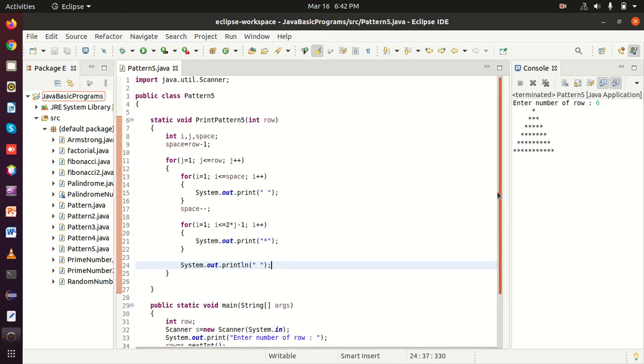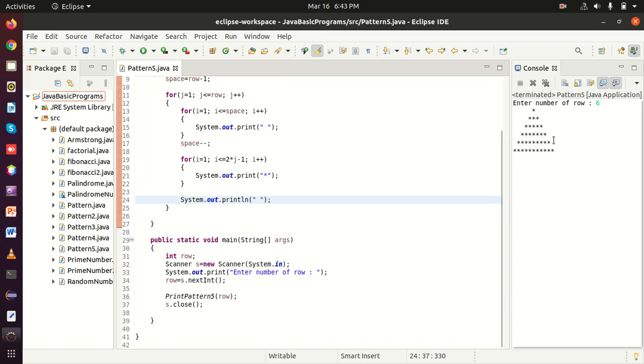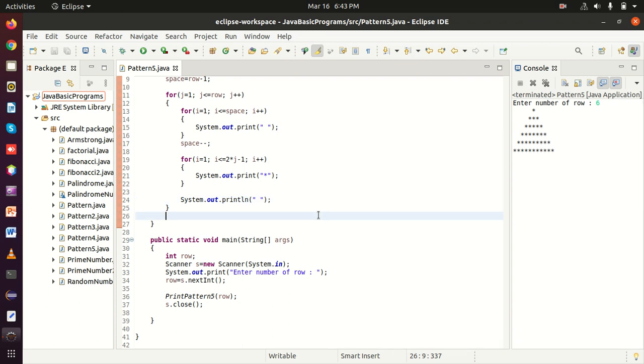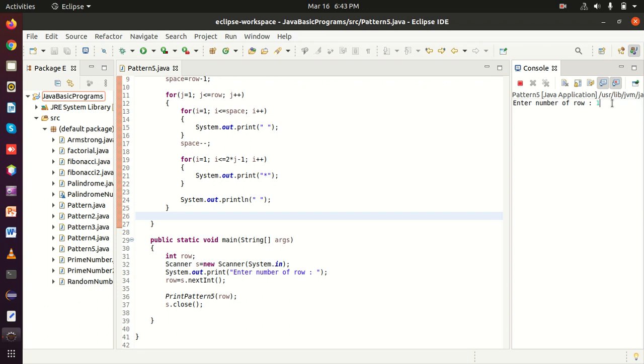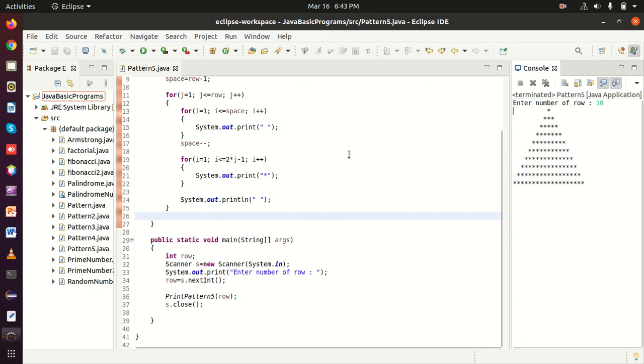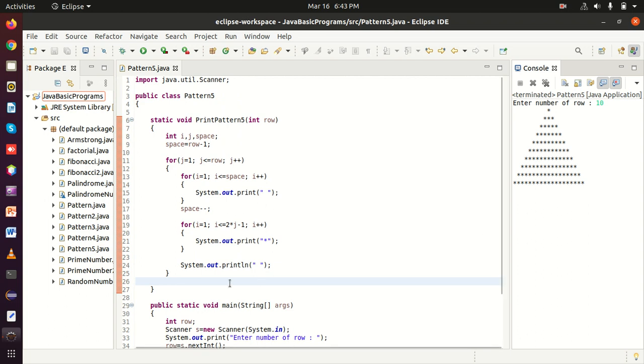So now I am going to modify it to print pyramid pattern like this. I will show you by executing this again. Now I will type in input equal to 10. Now you can see this pattern which I discussed in the previous lecture. Now I am going to modify this code to print the pattern like a pyramid for given input. For that I am going to write the code.